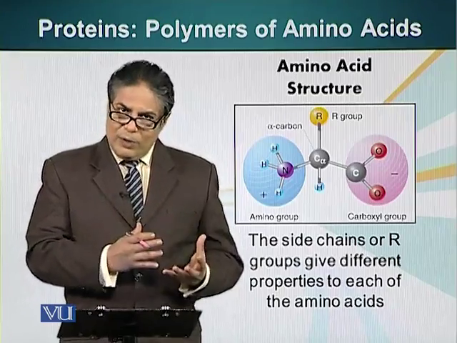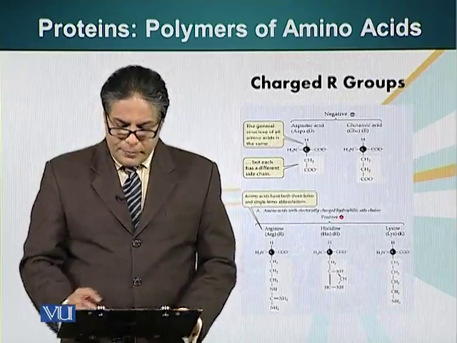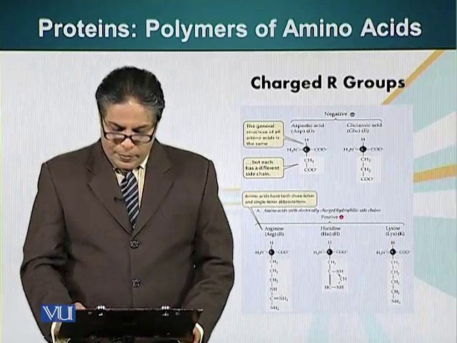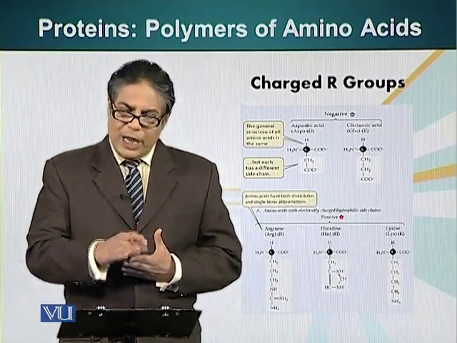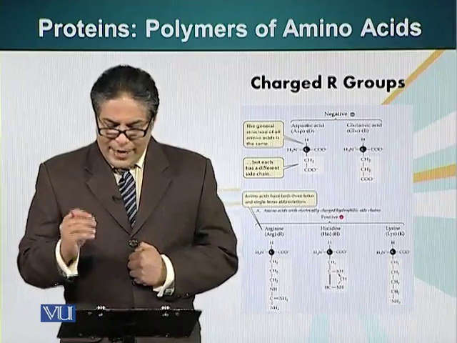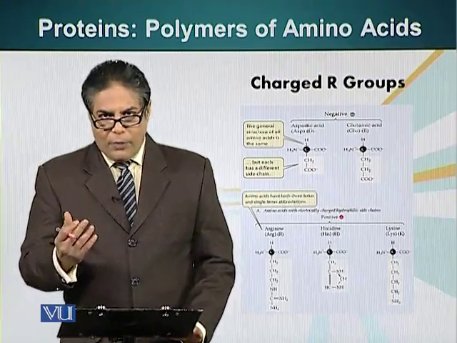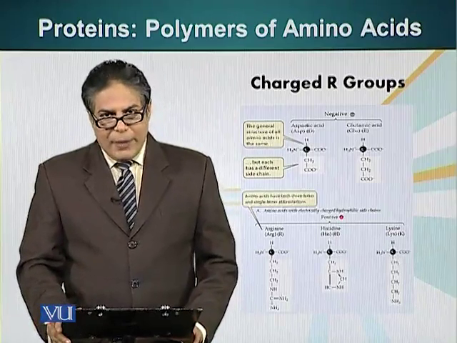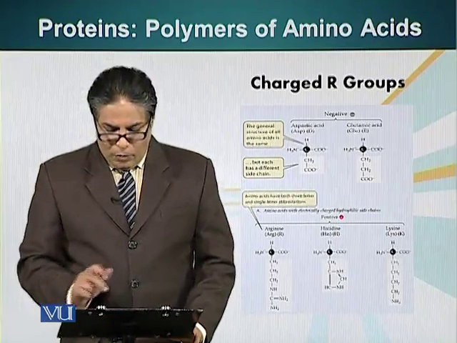We are going to divide these amino acids into different groups. Let's look at the first group, amino acids which have charged groups. As you have seen, there are two types of charges, positive charge and negative charge. There is a group of two amino acids which have a negatively charged molecule attached to it in the form of R group. For example, aspartic acid and glutamic acid. Both these amino acids have a negative charge because of the carboxyl group.